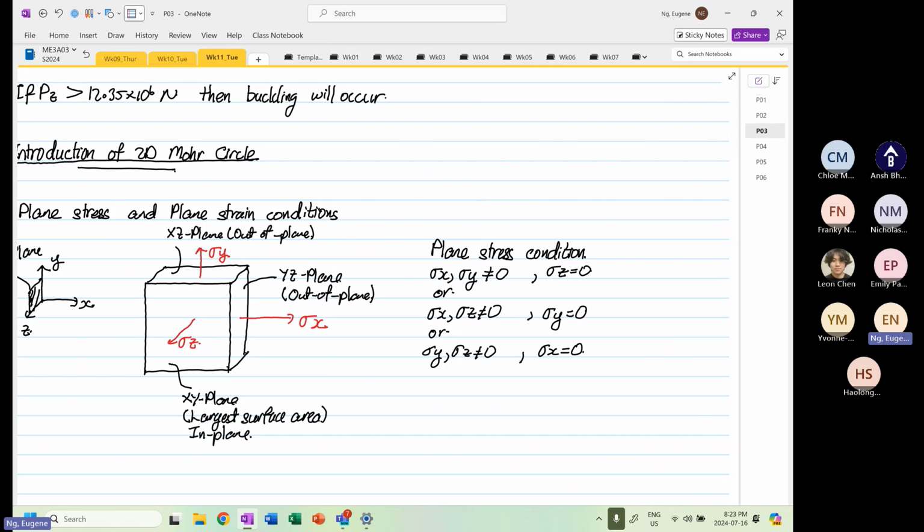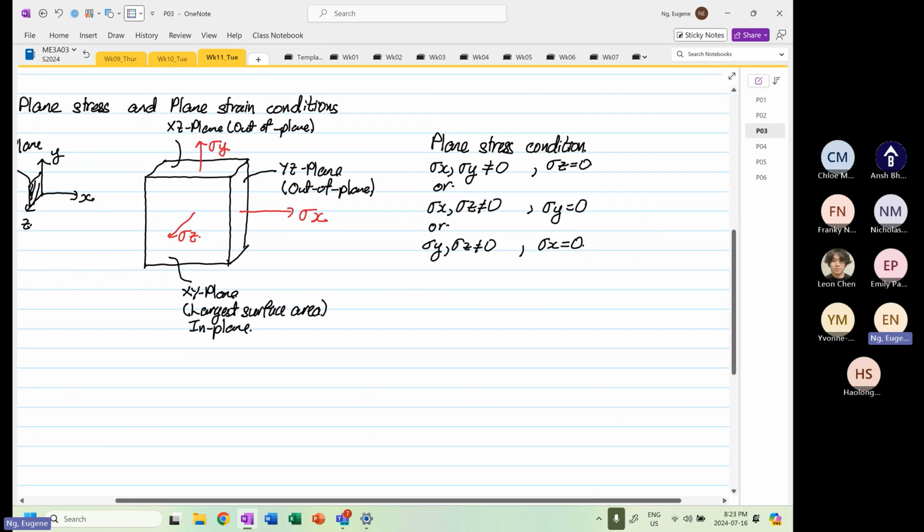Then the next one is we can also have what we call a plane strain condition. Now, plane strain condition is not the same as plane stress. Now everything is in strain. Okay. So in plane strain condition,